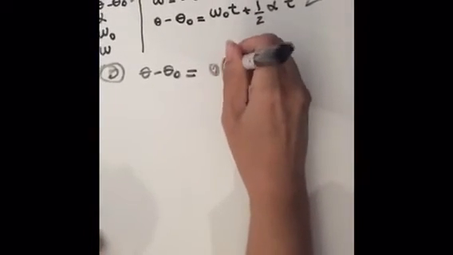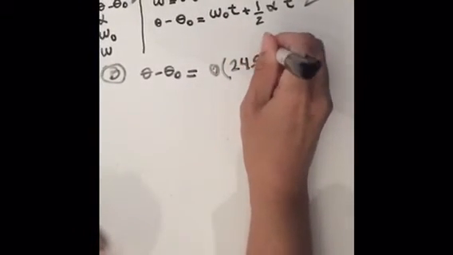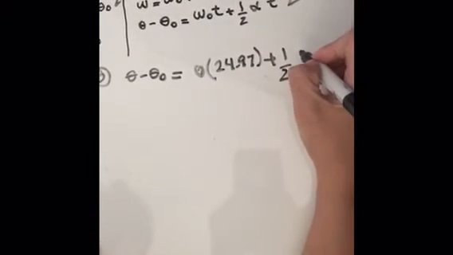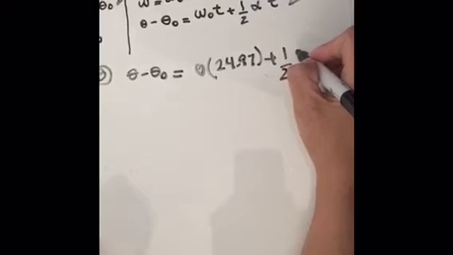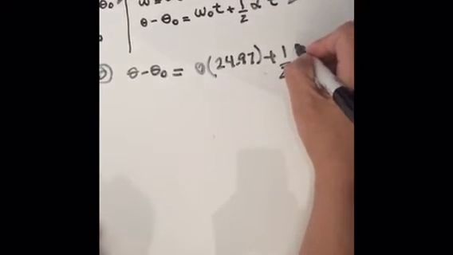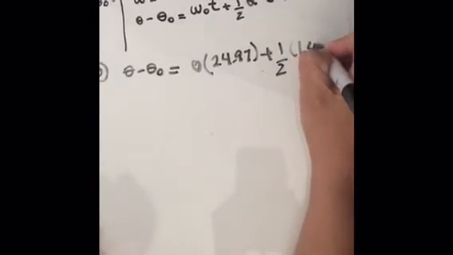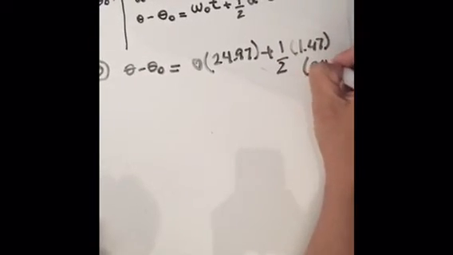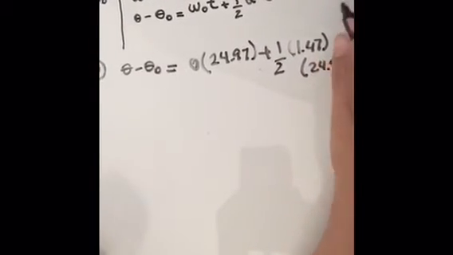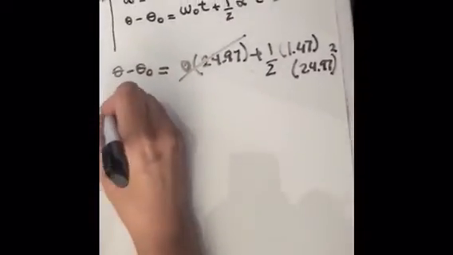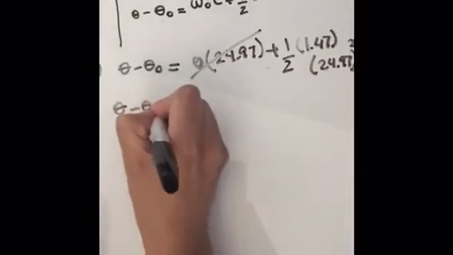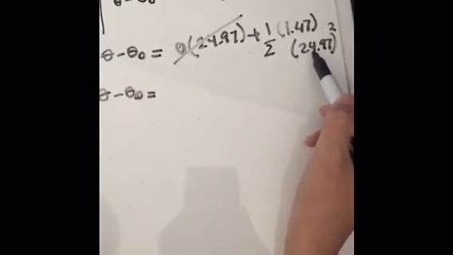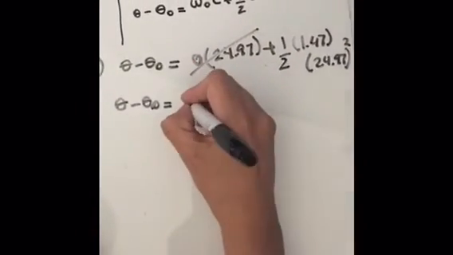That time we found is 24.97, plus 1/2 the angular acceleration, which is a constant, 1.47, times the time, which is 24.97 squared. So this first term is going to be 0, which gives you the angular displacement equals 1/2 times 1.47 times 24.97 squared, which will give you